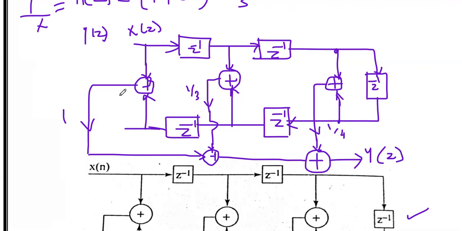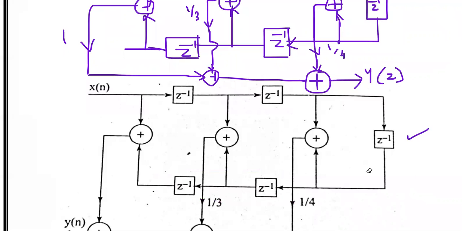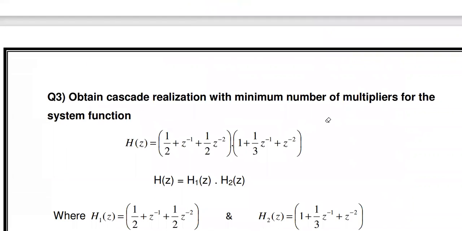Okay, this is the linear phase realization. So in this problem, how many multipliers are we using? 1, 2, 3. 3 multipliers, 5 delay elements, and 5 adders we are using. So this is the exact diagram of our problem. In the same way, we have to solve the remaining problems also. So just see, this is our answer. So you see the third question.